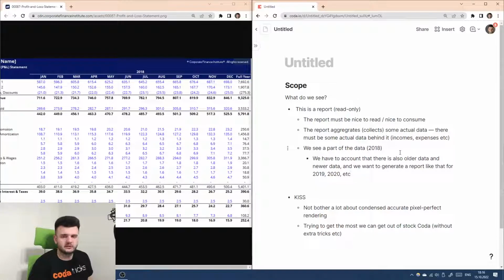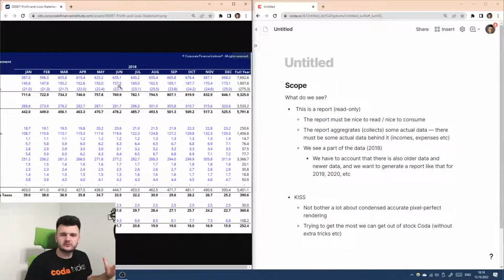So this has to be in some way reusable. It's not just for this window, because who builds a thing for just one window? Generally when you're abstracting this much, if you just want to build a report for this window, you're as good as taking this and just making it manually in Sheets or manually in Coda, not thinking of any data structure at all, and you get your report, you use it once, you forget about it, you forget about this doc, right? No need to bother about making a proper model for it. Because one of the reasons why we are, and I forgot to say this in the class, one and the main reason why we are bothering about creating a model in the first place is because we want to build something reusable, something that's not just built for one particular piece of data or one particular data set,